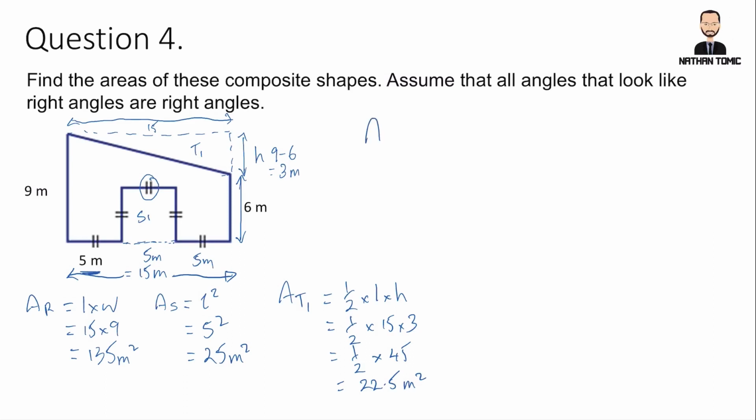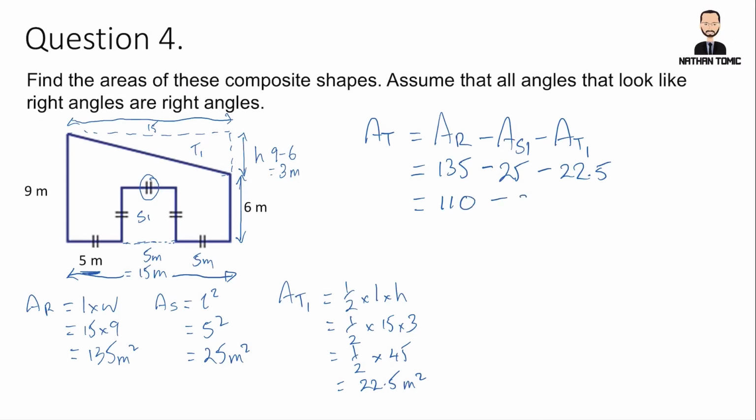So the total area is going to be equal to what we have called the area of the rectangle, the big rectangle, minus the area of square 1, and also minus the area of triangle 1. Okay, so we have at the moment 135 minus square 1, which we said was 25, minus the triangle, which is 22.5. So let's just do those one at a time. So 135 minus 25 first is 110, still minus 22.5, and then it's equal to